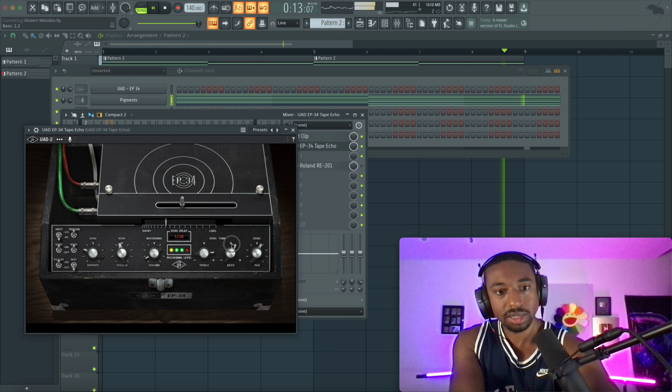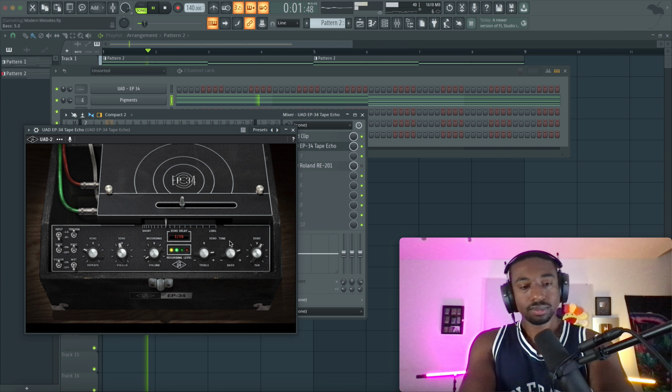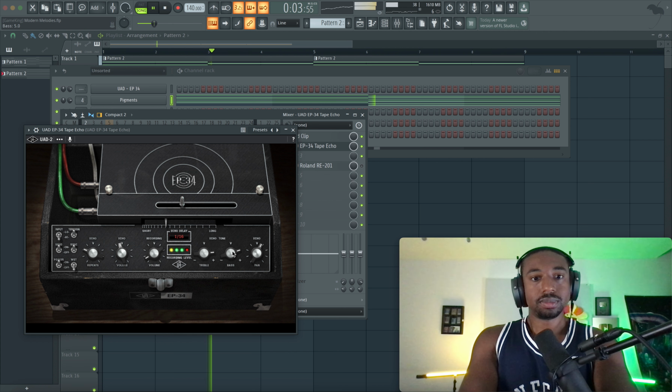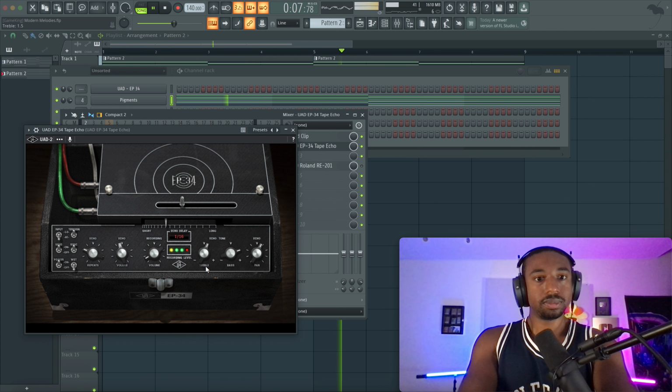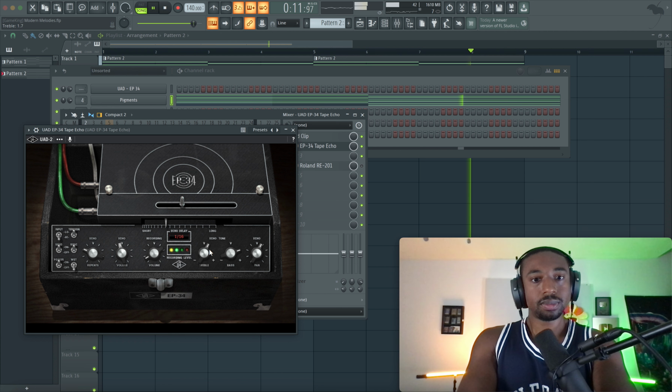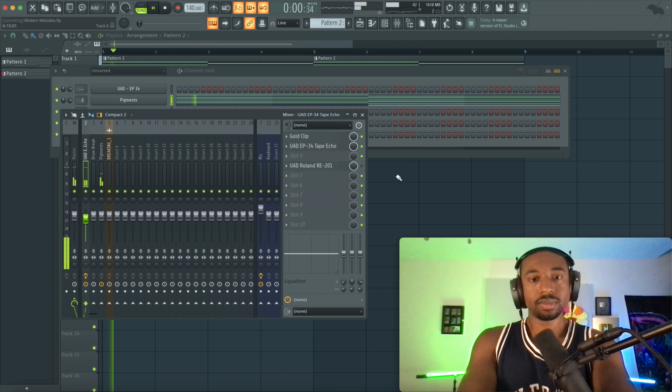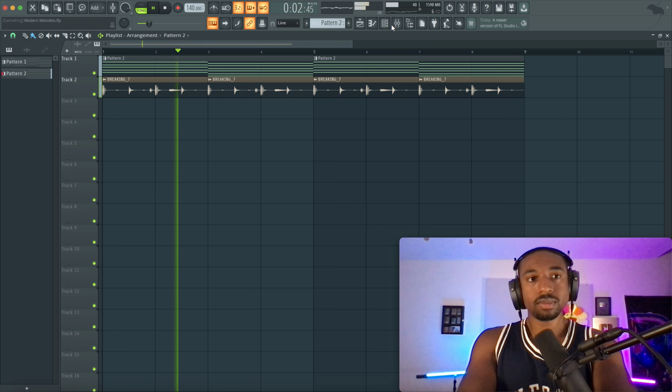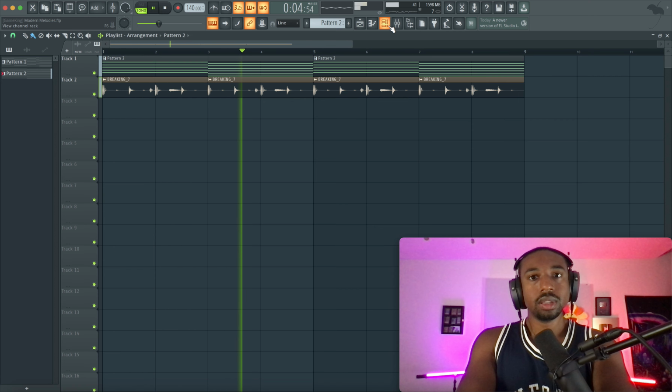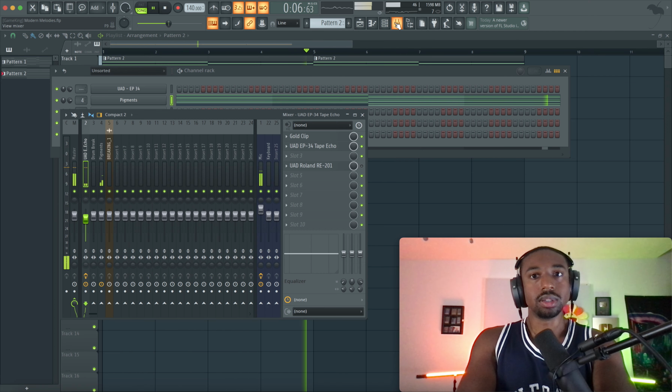See if we can increase the bass a little bit, just to make the tone a little bit darker. Let's cut back the treble. So now we have a really unique sound. It's interesting.